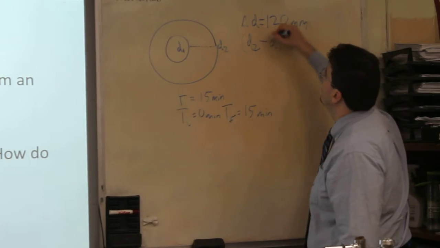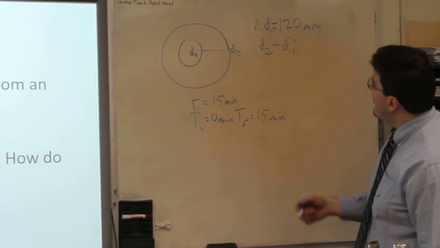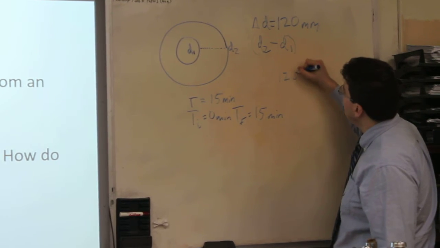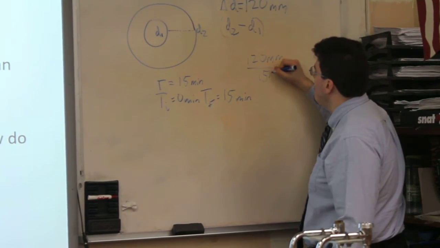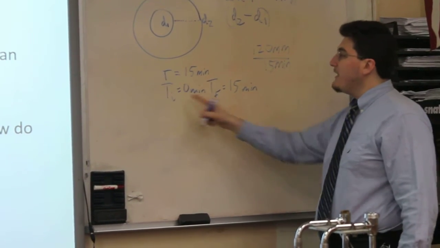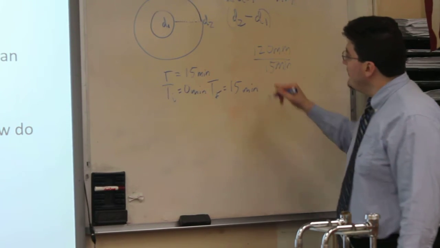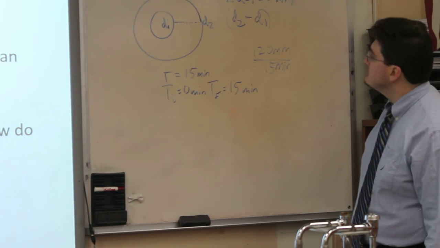All right. Your rate over time, your rate is your distance over time. So that's 120 millimeters in 15 minutes. Your final minus your initial, 15 minutes. So 120 millimeters in 15 minutes, that would be